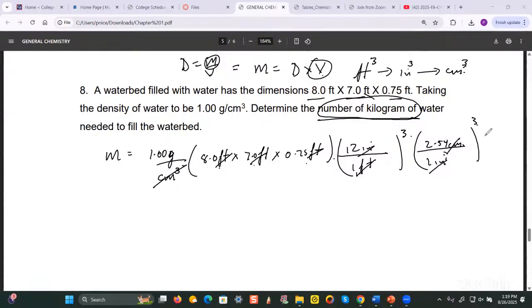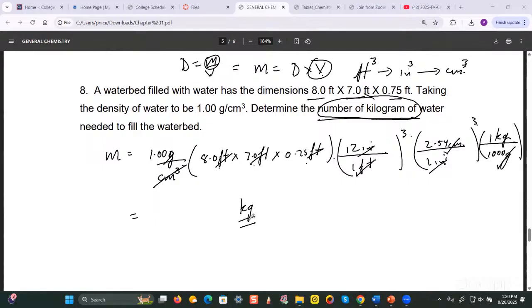So how do we get from grams to kilograms? We have to add another conversion factor, where we have 1 kilogram above and 1,000 grams below, so that this cancels out with that. Therefore, whatever you get as your answer, it will be in the required units of kilograms. So let's see how the math works out. 8 times 7 times 0.75 times 12 cubed times 2.54 cubed divided by